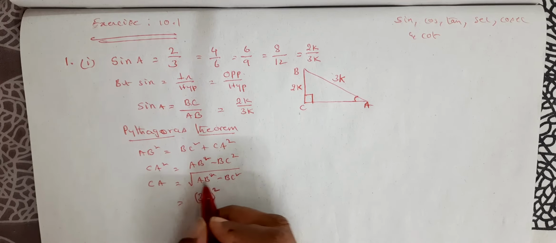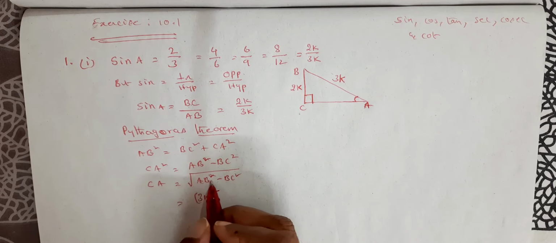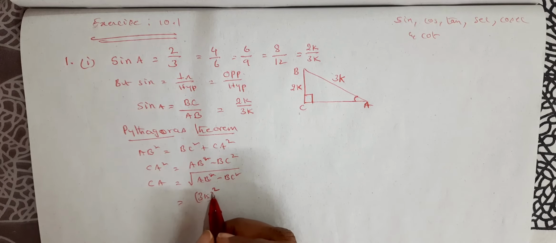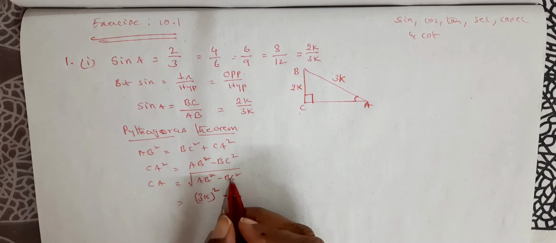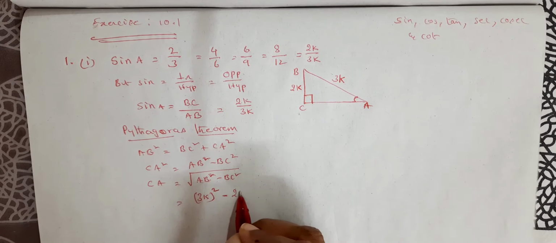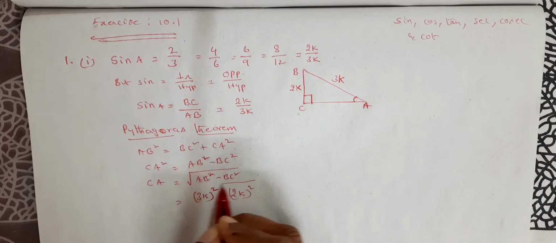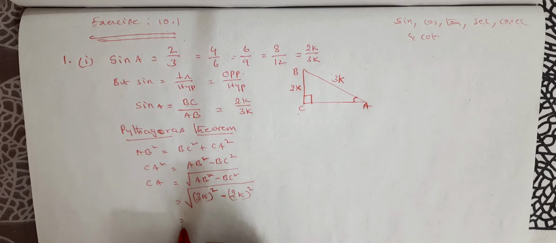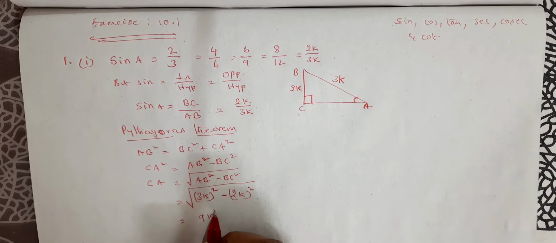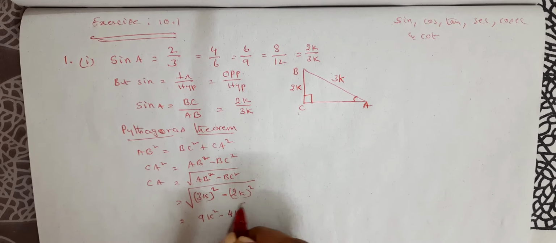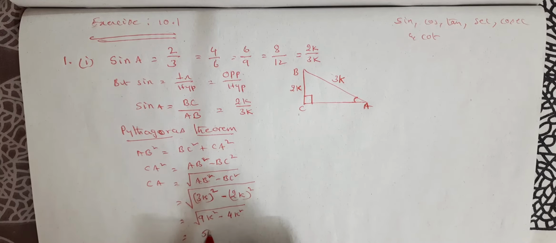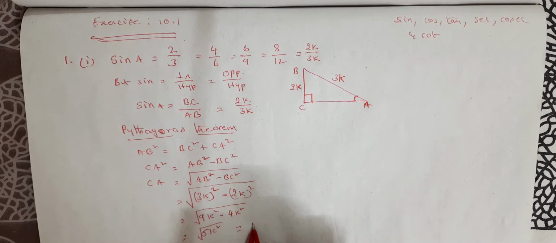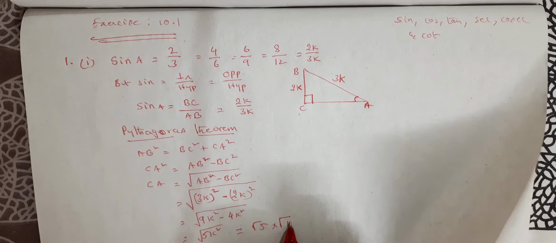Right? So now what is AB? 3k whole square. Because AB is 3k. Here AB square means AB is the side. It's a representation. It is not a product of A and B. That is why we are writing it as AB. But here it is a product of 3 and k. Therefore, you will get a whole square. Minus BC square. BC is 2k, 2k whole square under root. So that is equal to 9k square minus 4k square under root, which is equal to 5k square under root. It is a product, therefore you can split it into 2 parts: root 5 into root k square.